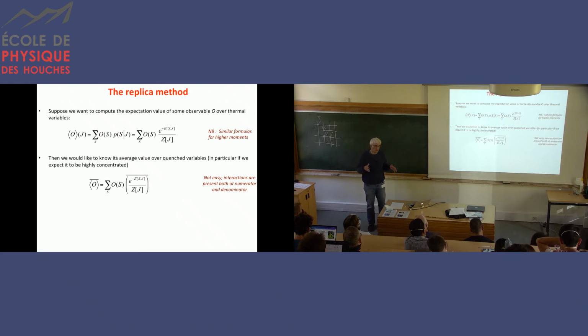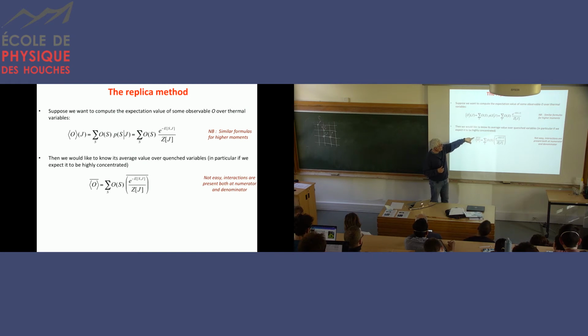They do not depend very much on the particular matrix of interaction you have chosen, but all matrices, or let's say almost all matrices, would behave in the same way. They would give the same value to this observable. So it's a kind of self-averaging property, or a high concentration property. In that case, if you want to compute the average value over the J, over the quenched disorder, which I will denote by the overbar, then what you should do is compute the average over J of this thermal average. Then you have a quantity which depends on S only, and you can compute the sum over S.